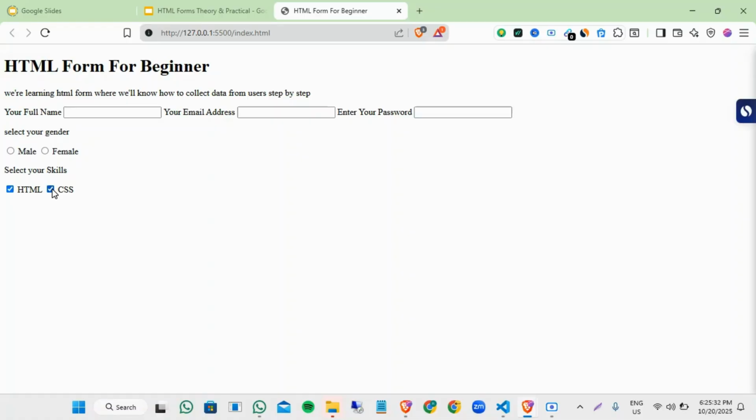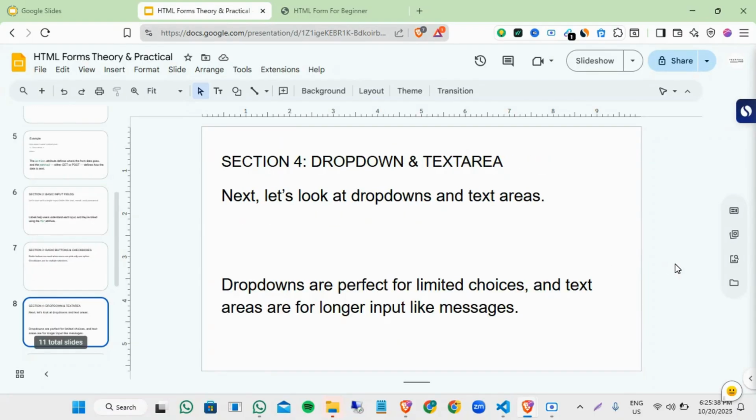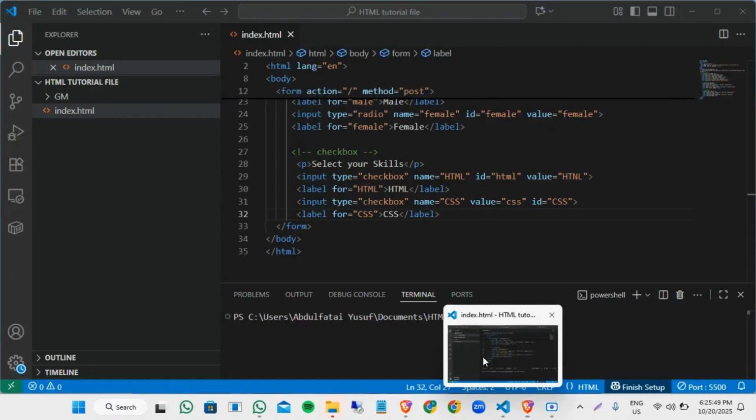I hope you understand. So now that's that about radio and check box. Now we are moving to our section 4. In this section 4, we are going to deal with drop down and text area. Next, let's look at drop down and text area, how it looks and how you can apply it